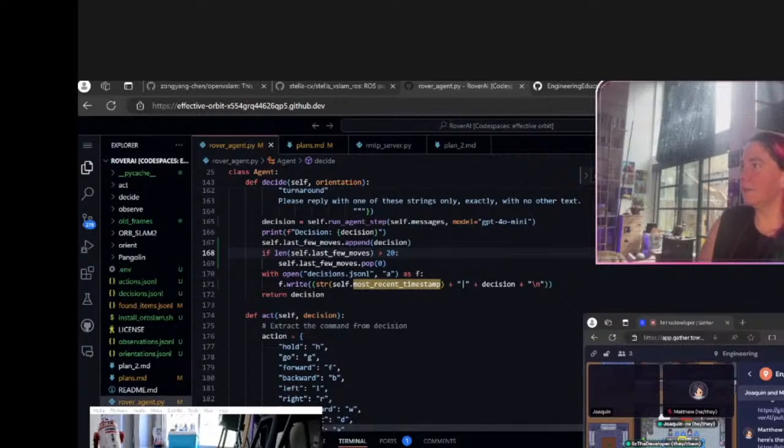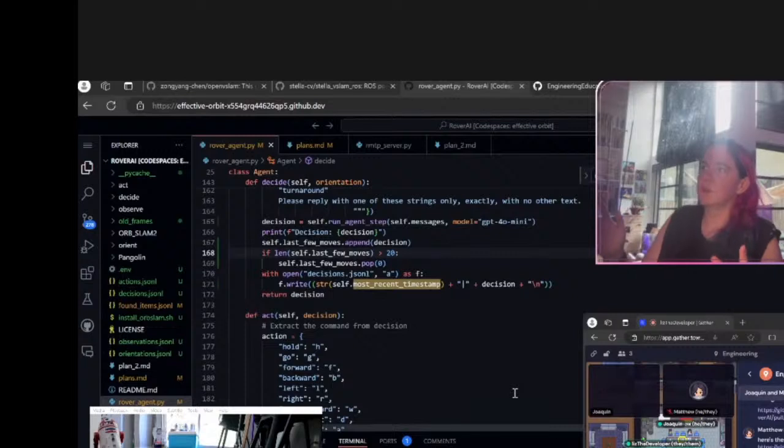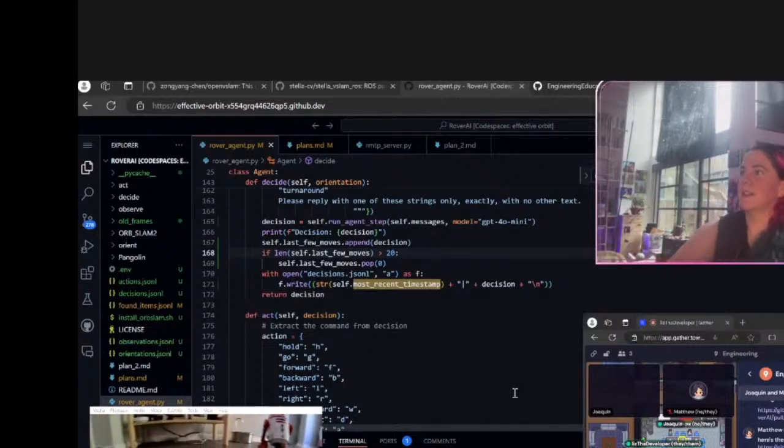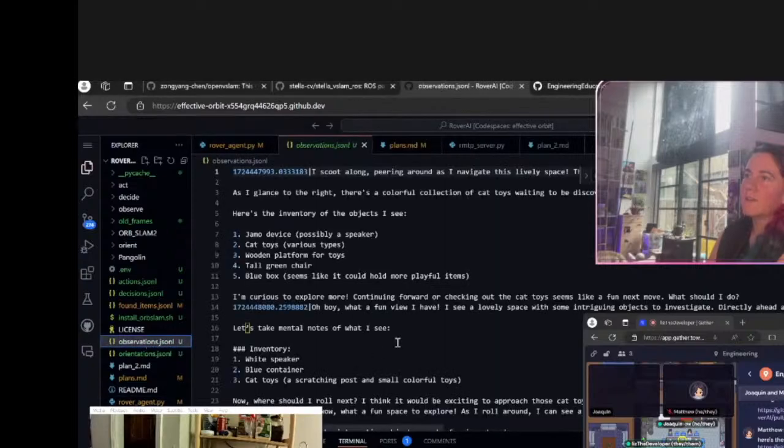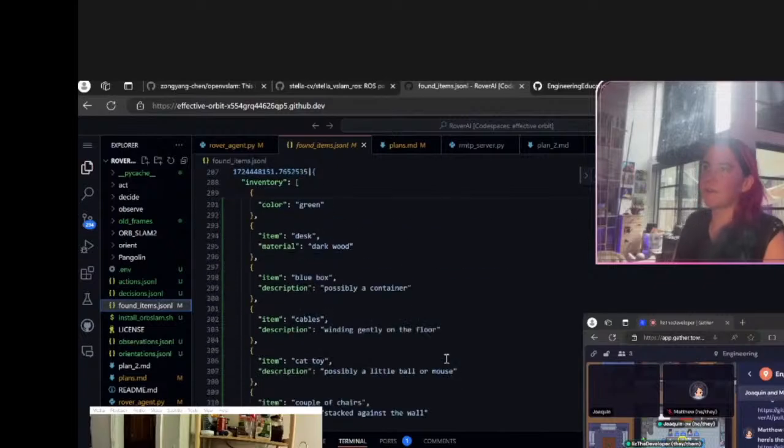But anyway, we've been building this rover, and it is totally autonomously exploring Joaquin's house. And it's making a list of everything that it finds. So far, it's found quite a few items. We got scratching posts.